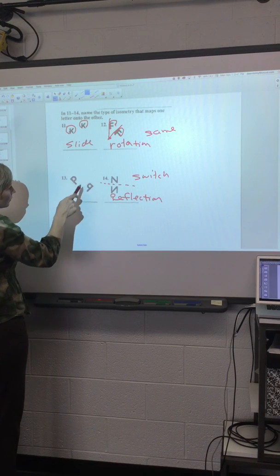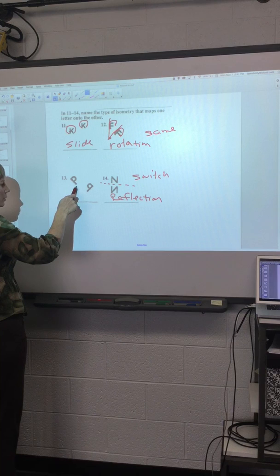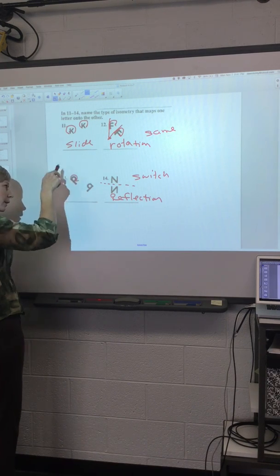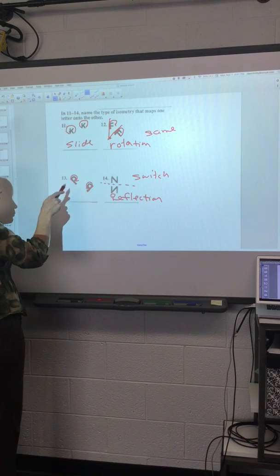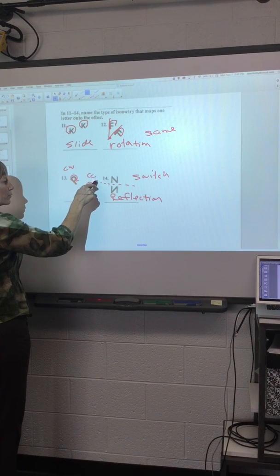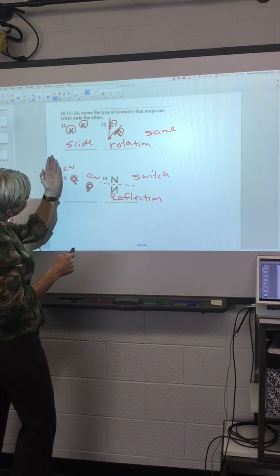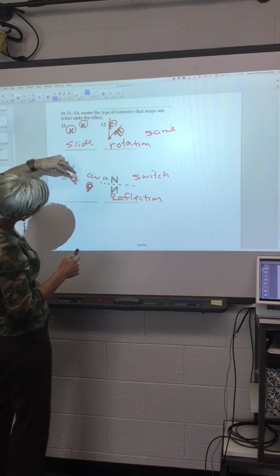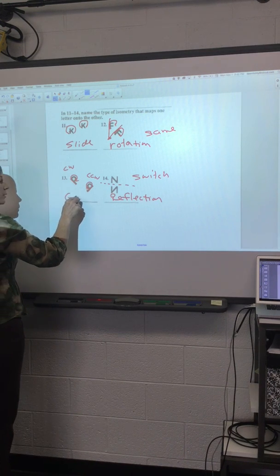Whereas this guy, it might feel like a rotation at first, like he's just rotated, but again, check the orientation. Start at the bottom, go around the curvy part, and we'll call that clockwise. And then if I go here, up and around the curvy part, so I'm following the same pattern I did, they're switched. This one's clockwise, and this one's counterclockwise. And so this one has to be flipped to get it facing the right direction. Take the P and flip it over, and then slide it into position. So this is the glide